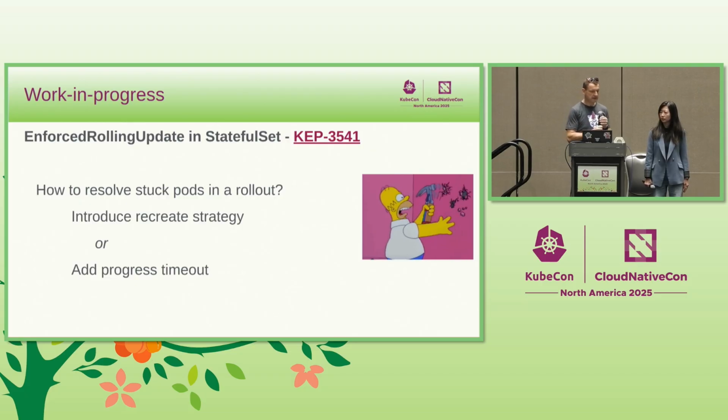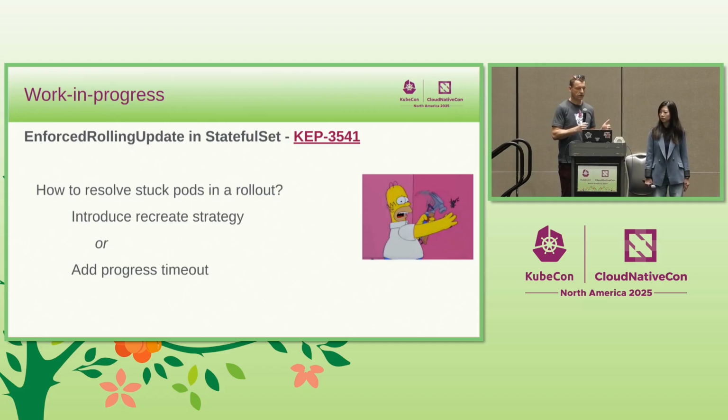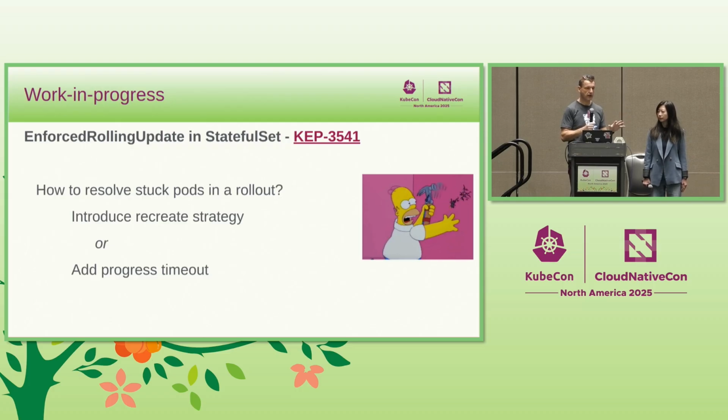So we're currently discussing whether we want to, or how we could, improve users' lives by exposing some knobs, allowing them to say, yes, I'm certain that you can roll or retry a particular pod. I'm fully aware that the data will be fine, because whatever you have with your data, you are able to handle that particular case. So we're discussing currently whether we want to introduce an entirely new strategy for stateful sets,